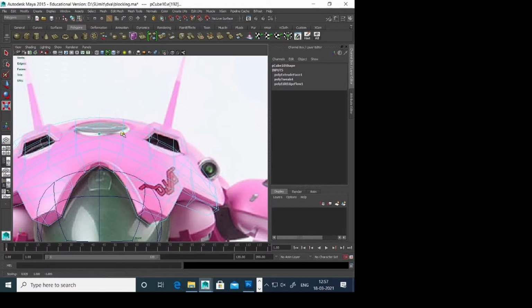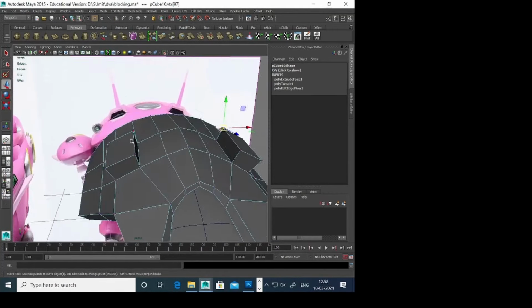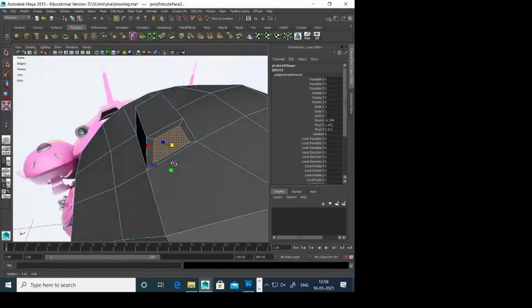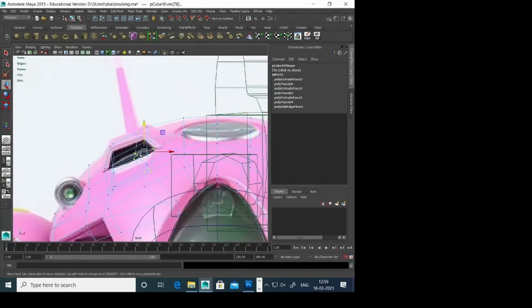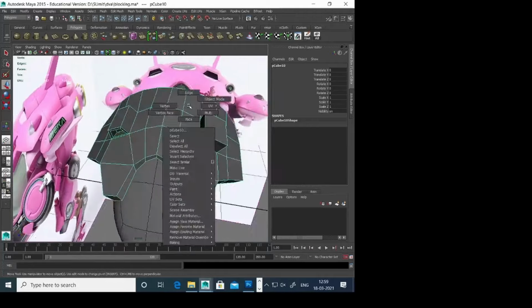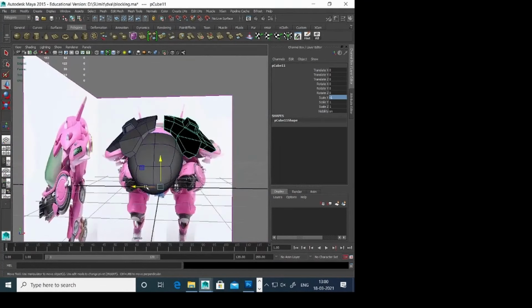Initially I tried to extrude all those shapes from my base model itself, but later you can see I have detached it and separated the shape.